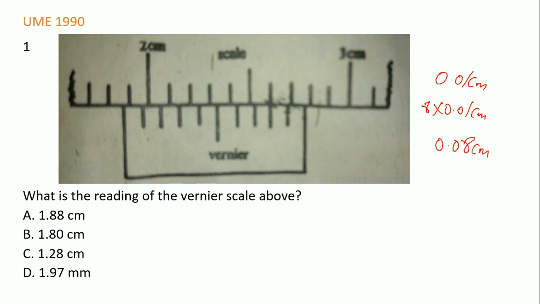0.08 centimeter. Then on the main scale, you look at the reading or the mark before the vernier scale comes in. Now, this is centimeter, and this centimeter is also further divided into 10 divisions. So that implies that each division is 0.1. So this is going to be 1.9. This is going to be 1.8. So it implies that the reading before the vernier scale comes in is 1.8